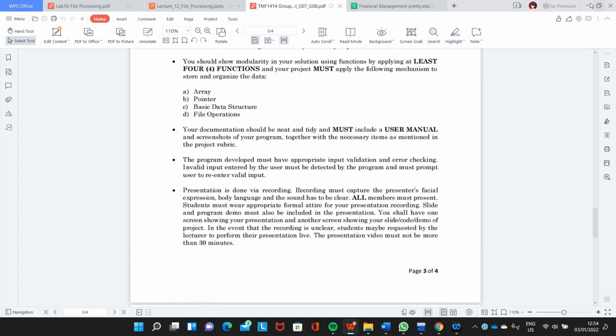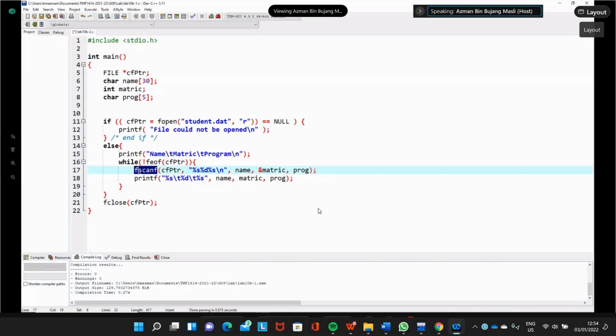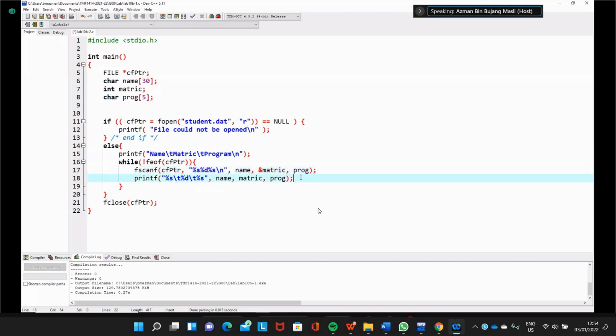Scanf in file is similar to normal scanf. We need to have this address operator for metric. Program and name we don't need because they are array names, and an array name is a pointer containing the address. So we read it and then print it. See whether it works or not.